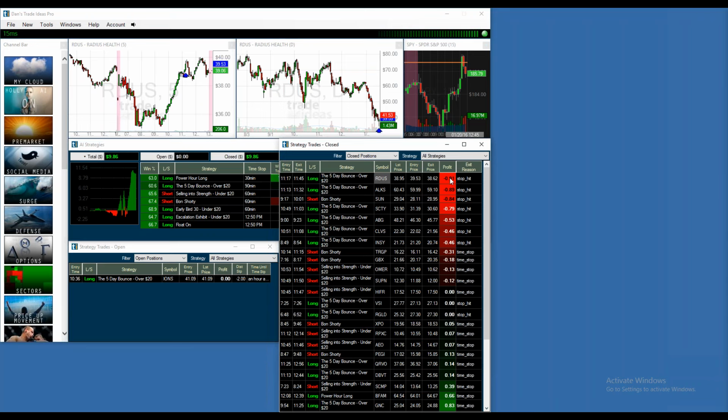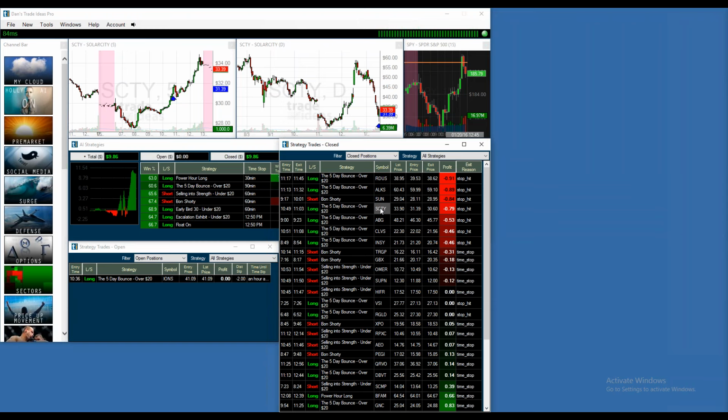A long exit, exit, exit, tons of exits, and they're not all perfect. Look at that. Here it got in at an entry price of 31.39 and exited at 30.60, and then it finished up almost 4 points higher.